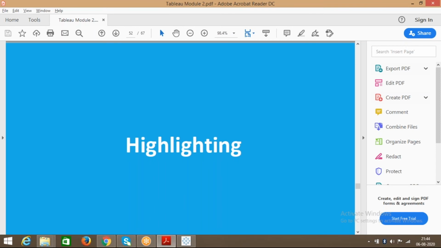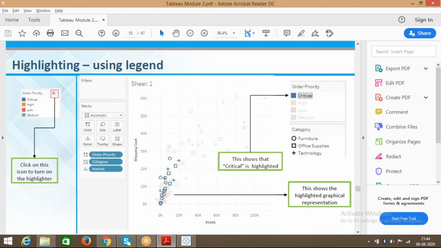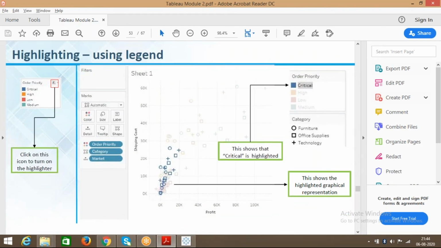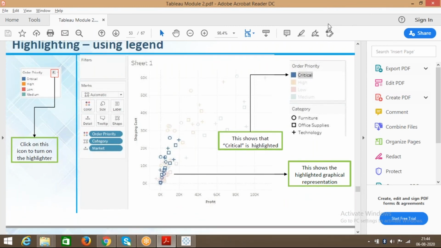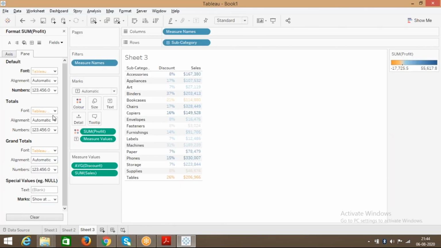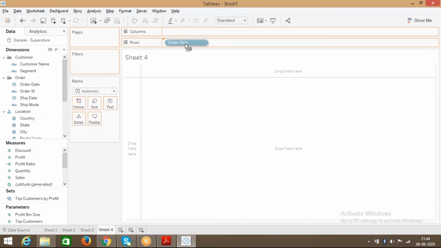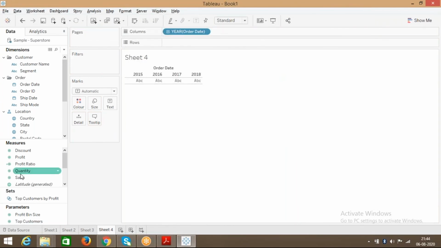Okay. The next one, just a continuation of that. It's kind of highlighting. So for example, if you want to highlight any of the information present, then how are you going to do it? Look at this. Now, I just get the sales and profit. I'll get an order date and sales and profit.